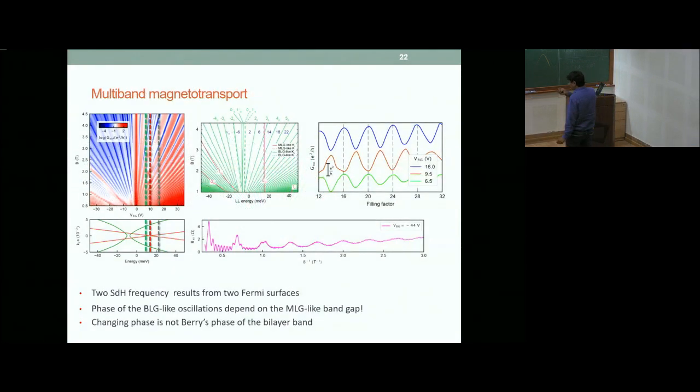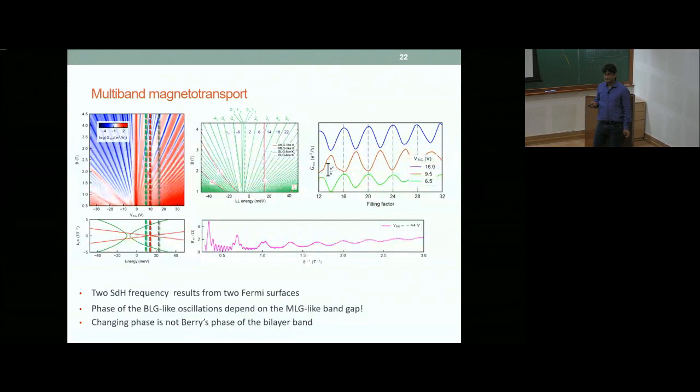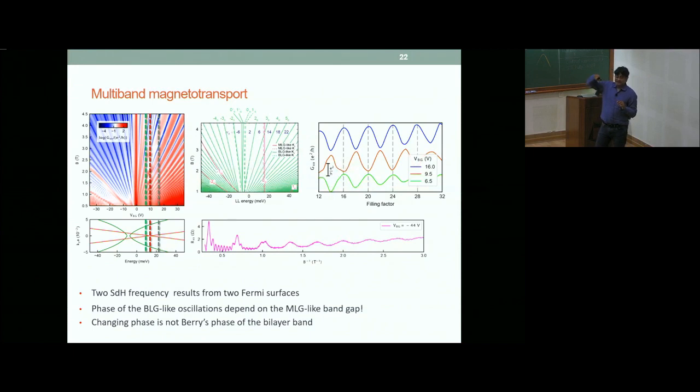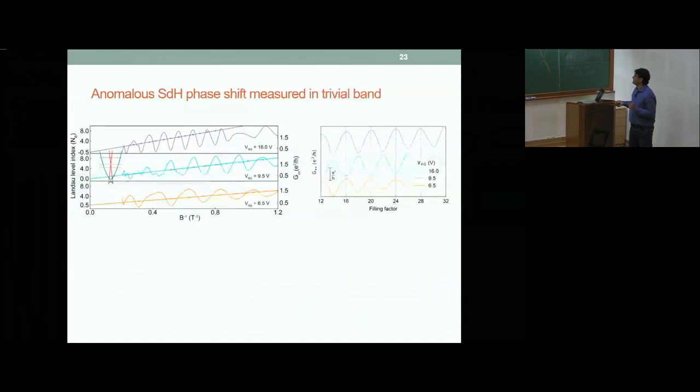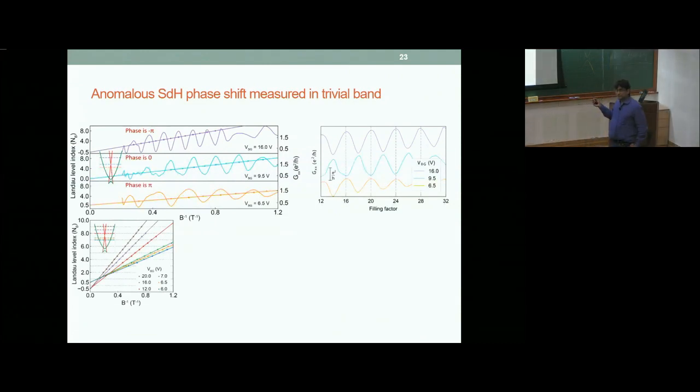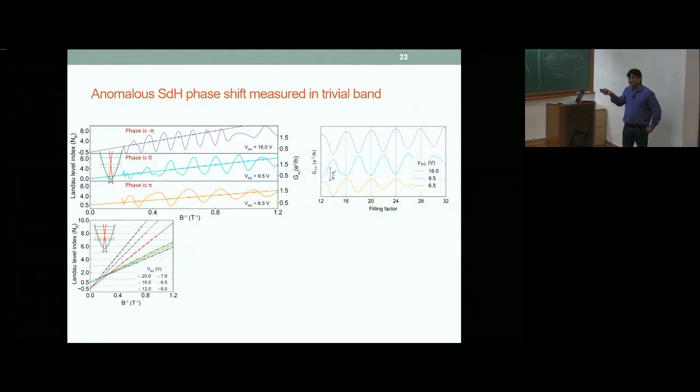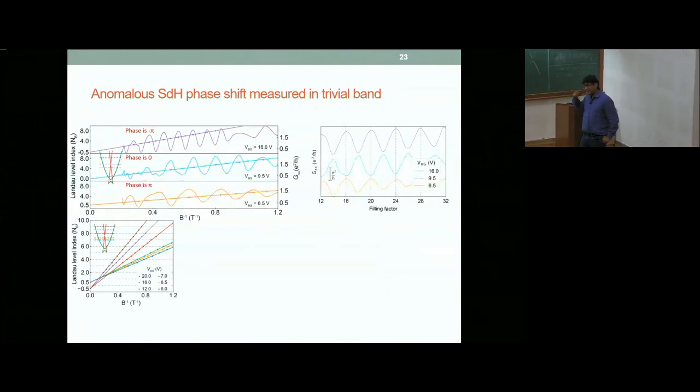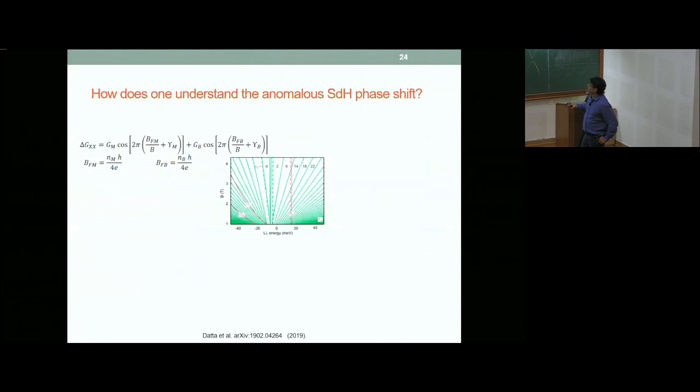These are filling factors of the bilayer-like band. So this axis is because we are doing quantum oscillation analysis of the bilayer-like band. So when we measure, we can do a simultaneous quantum Hall measurement to know exactly what the filling factor is. Yeah, so I'm coming to that; we do see it in the next slide that I'll show you, the effect of it, because simultaneously with this phase measurement,